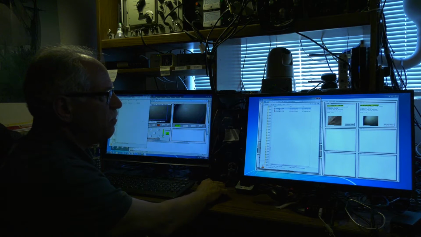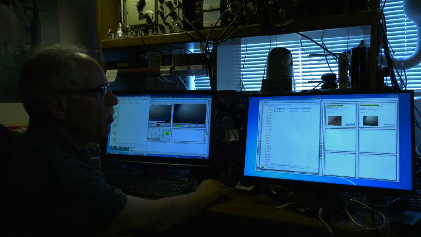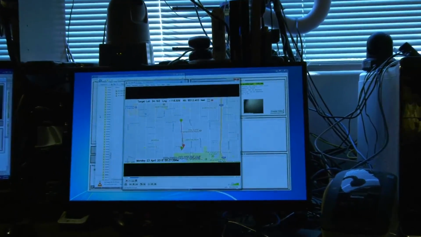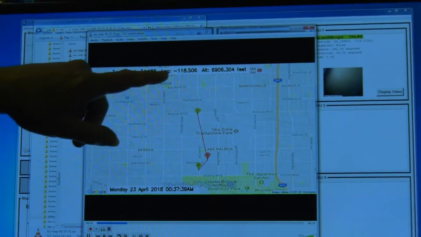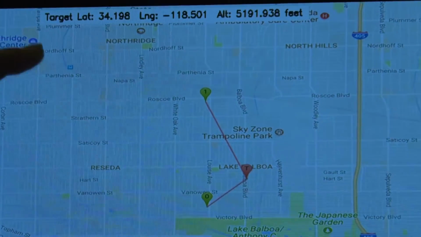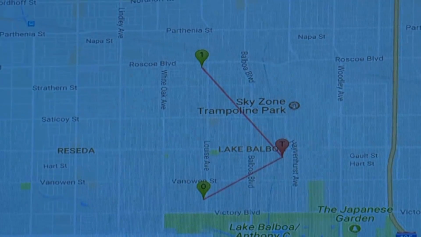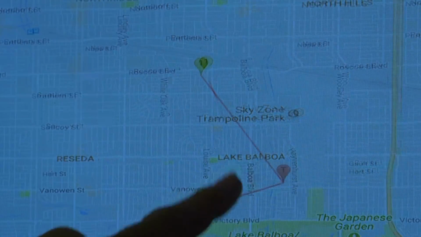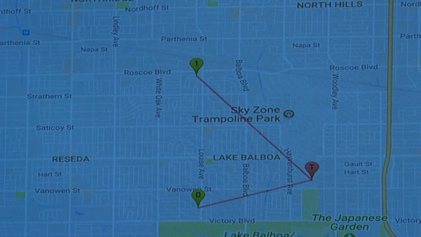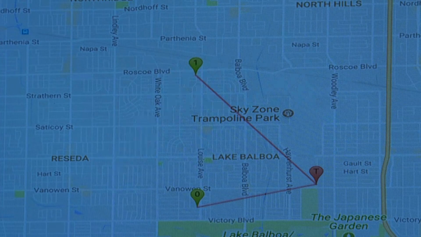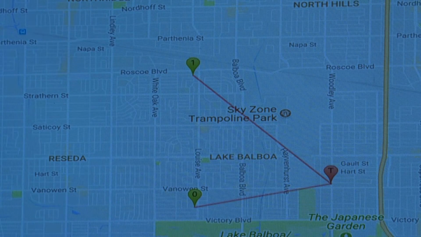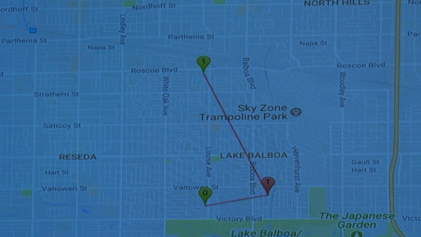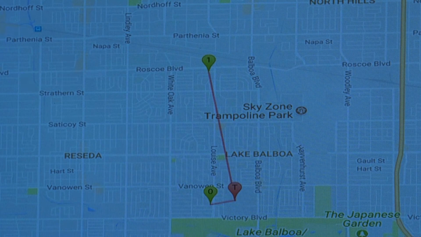So for an example, if we look at this recording, here it would be as if there was an object at roughly 7,000 feet moving around. The blue lines or green lines turn into red lines, the T becomes red, and it kind of indicates where the object is moving until it becomes out of view of either one or the other or both cameras.